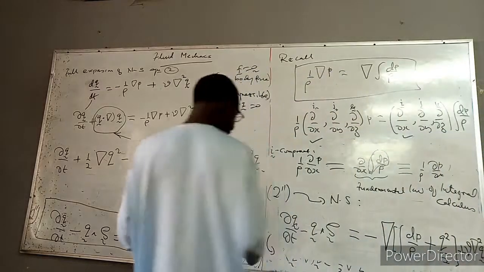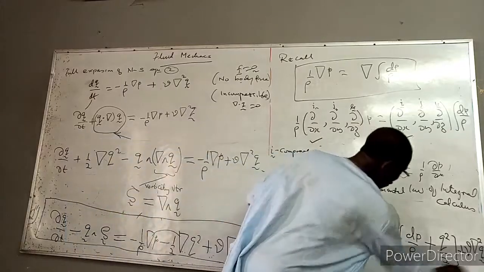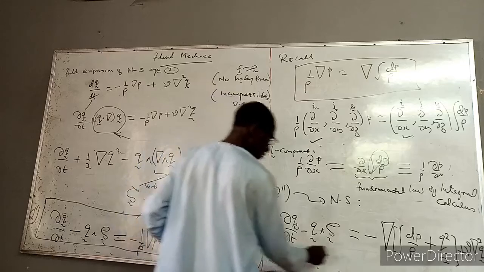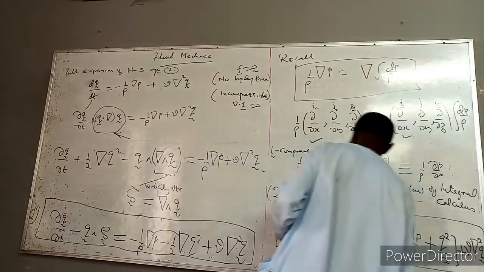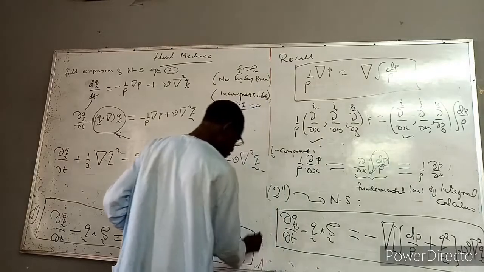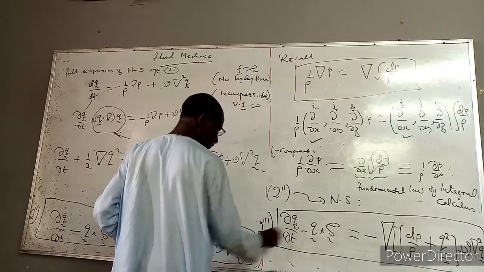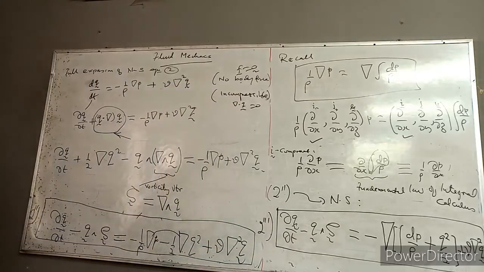This is very important. If you want to add body force to it, you can always add it. So this is also another important form of the Navier-Stokes equation. I can say this is 1, 2, 3. It's also what we have derived today. So all these are very important. Now finally,